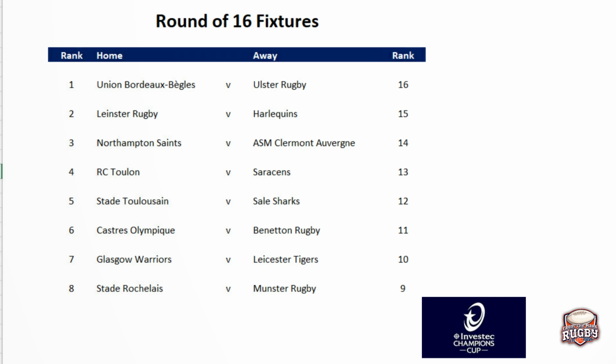Is it going to be the team that won the URC last year and is doing really well in the URC, or is it a team that has kind of struggled to progress deep into this competition in the past? So I think for Glasgow, this is a big test for them to make that next step up now. They've claimed the trophy. Now they want to kind of mix it with the big boys, and to do that,